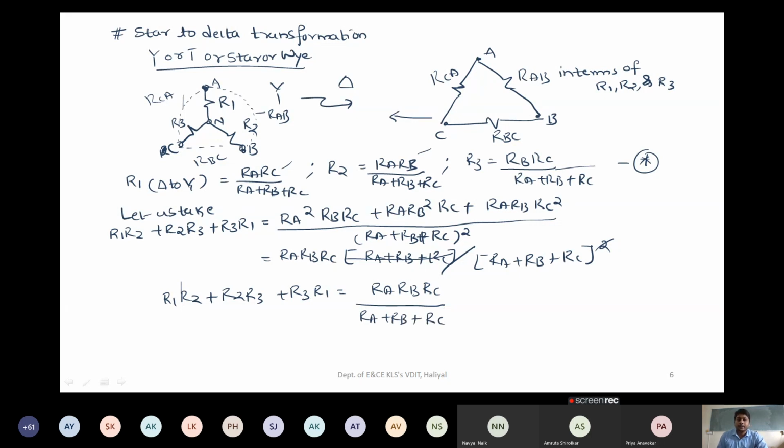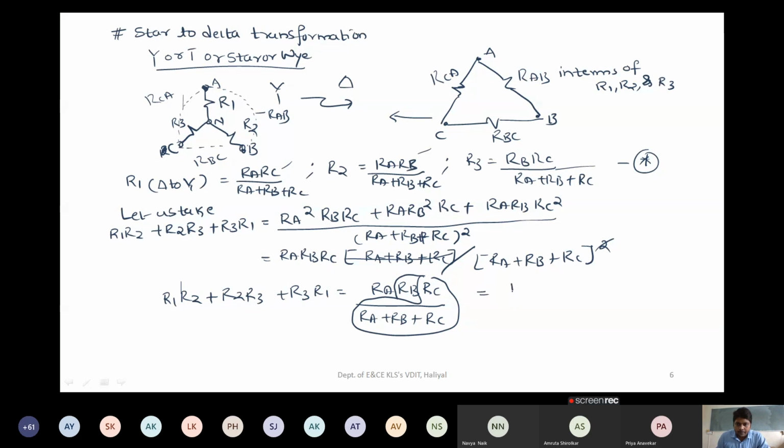If I take any one term here, if I select this entire term, this is nothing but what now? I may opt for it, and not only this, you can consider RB also.